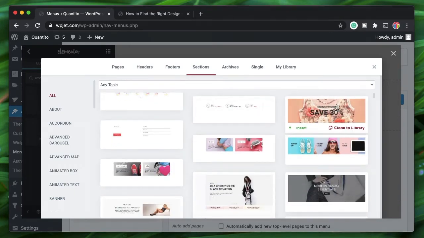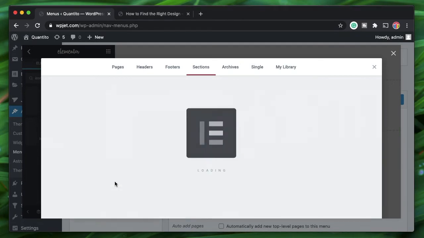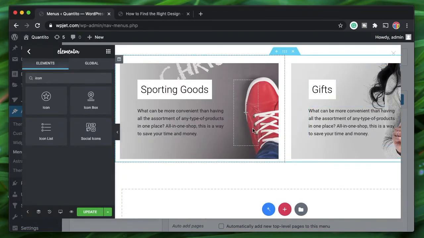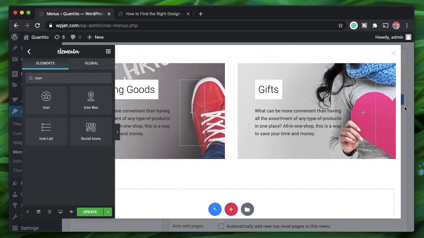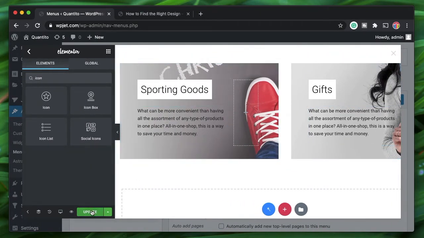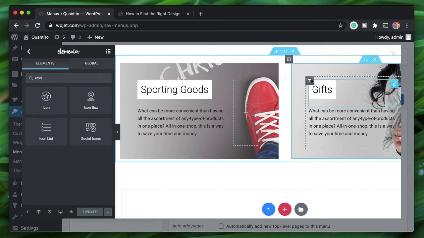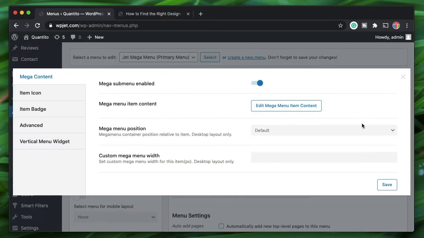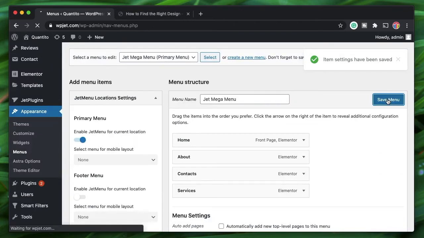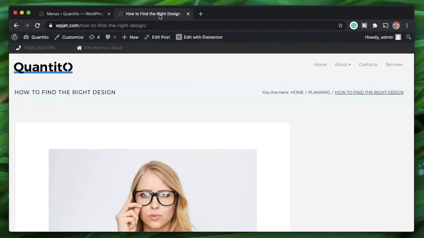You can basically pick any of these. So if I insert a template into that, a few of them require WooCommerce. They're built on top of WooCommerce, but anyway, we'll just pick this template. I'll update. I'll click on the X button, save this. I'll click this X, save menu again. Now you can reload your website to check the latest changes.